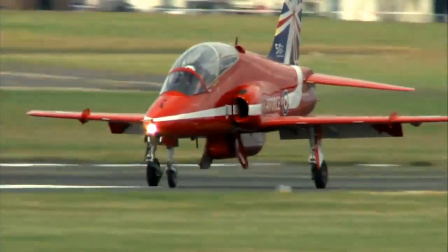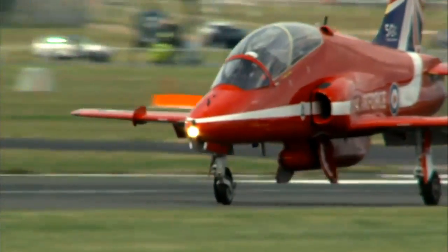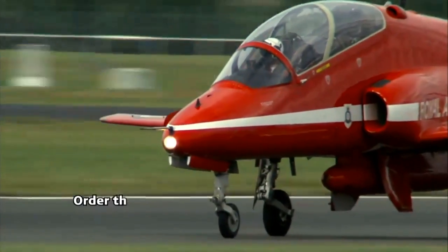So ladies and gentlemen, it's been a wonderful weekend here at the Farnborough International Airshow. We love coming here. It's been great talking